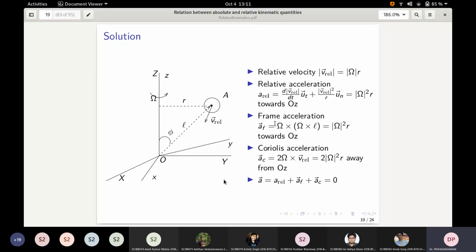You imagine you have an accelerometer in your rotating frame. What will it measure? So first we have to ask, where have you kept the accelerometer? If the accelerometer is rotating, what will it measure? Only those components will be measured, irrespective of what particle is there outside. Does that make sense or no?